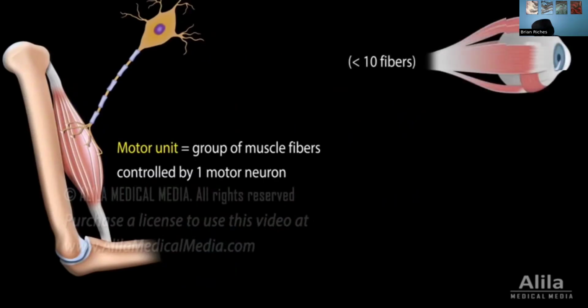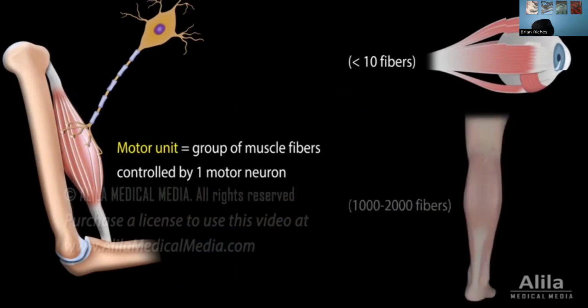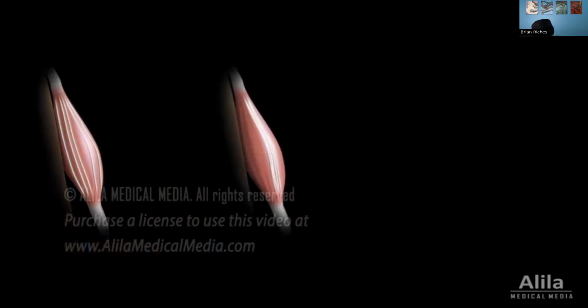Small motor units are found in muscles that require finer control. For example, muscles that are responsible for subtle movements of the eyes. Large motor units are found in larger muscles that require strength, such as muscles of the arms and legs. Muscle fibers of the same motor unit are usually not clustered together, but scattered throughout the muscle. This way, stimulation of a motor unit has a slight but uniform effect on the whole muscle, and not causing